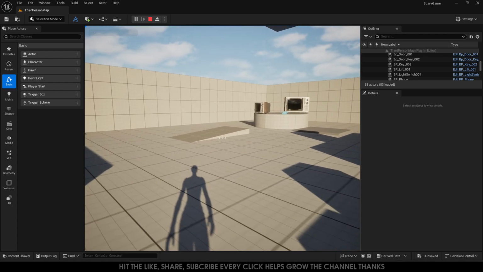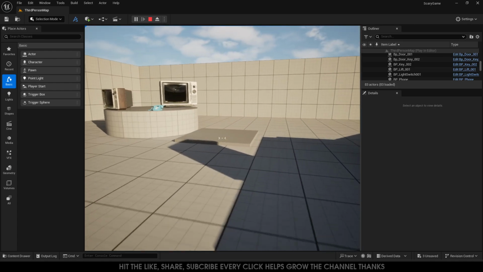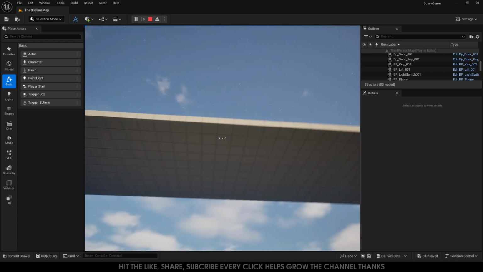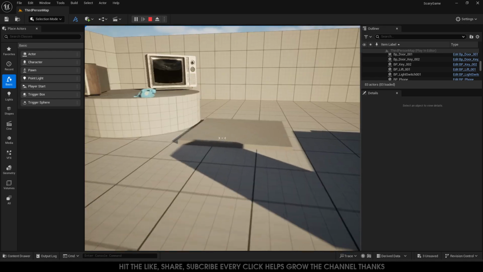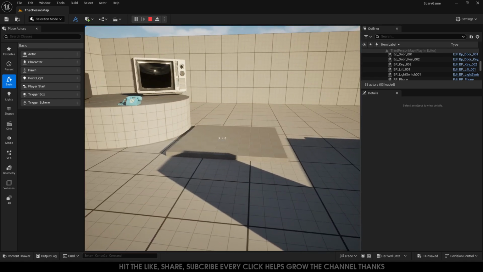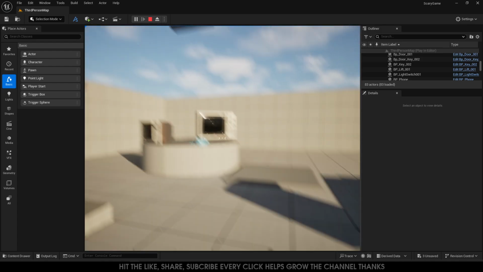As you may notice, we have a few new items in the world. So we have this platform here, and we have this floating platform up here. Now we're gonna build this. I'm gonna delete this, and we're gonna recreate it. But I just thought sometimes it's better to show at the start of the video what we're gonna try,